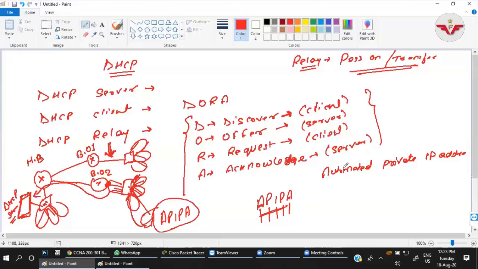But for me, I always say it as automated provided IP address. You might think that if everywhere private is used, why am I using provided, right?